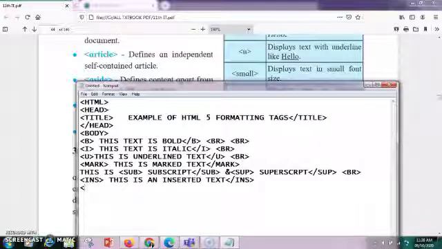Next is del. Here we'll see how the deleted text will look. This is a deleted text. I'll end the del tag here, and now we are going to end the body as well as the HTML tag.